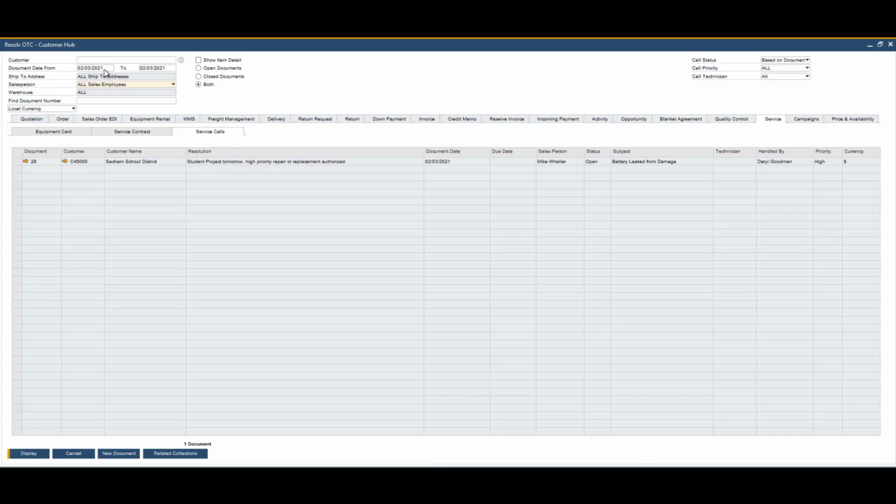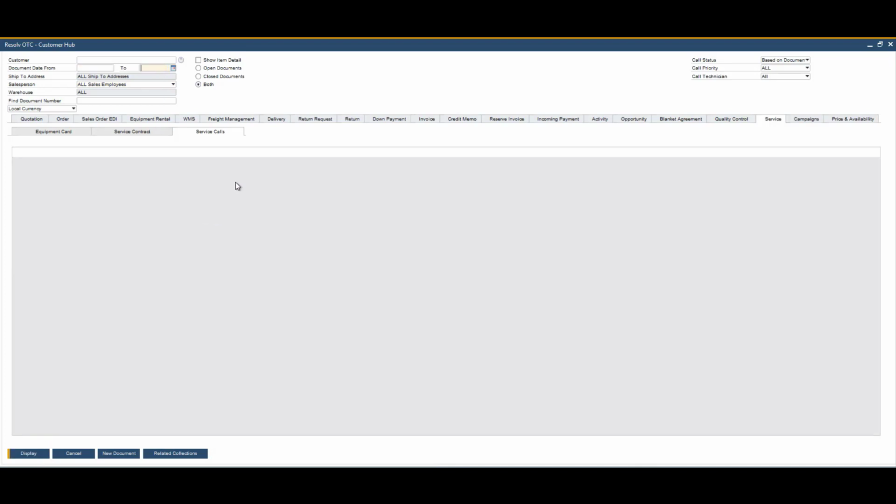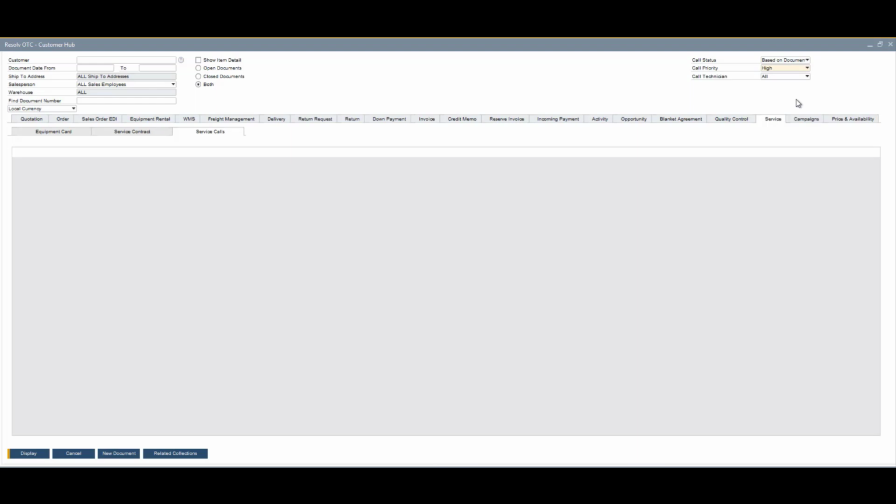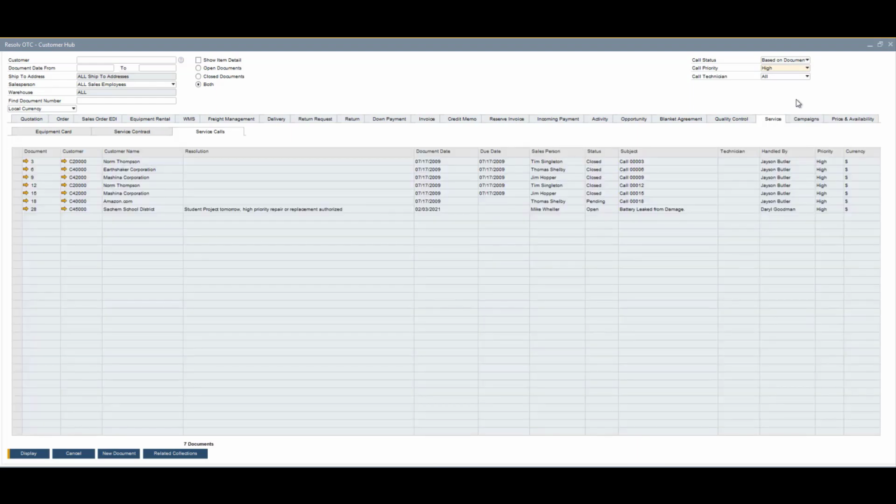Now, I can also come here and again clear the date filters and be able to see all of the outstanding service issues. But as an executive, I may not be interested in all of them, so I also have the ability to use filters that are tab specific. So for example, here I can look and see, okay, let's just look at all the open high priority issues. And now I'm able to come and take a look at just the handful of the service issues that I'm interested in. Now in this particular case, I'm really not interested in the both, so I'm going to switch back